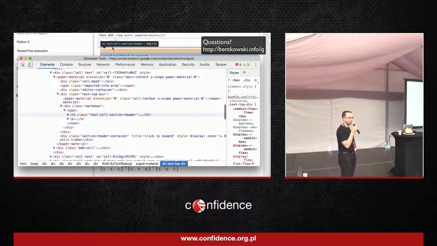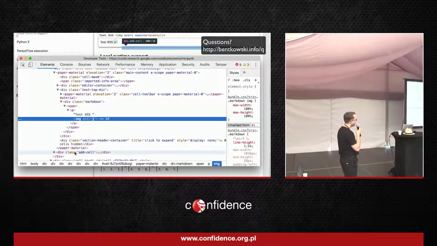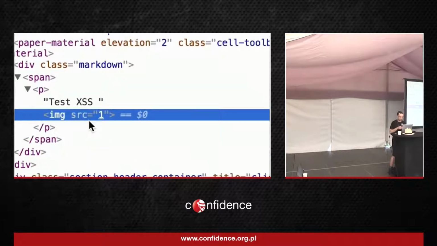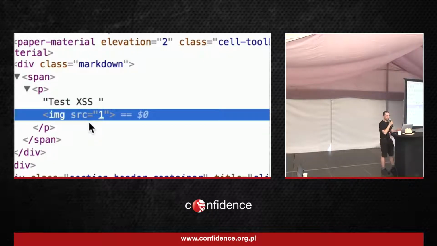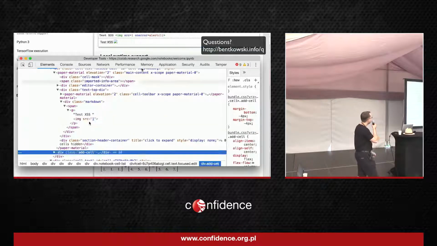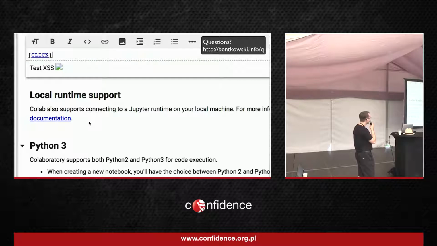So let's have a look at the DOM tree. And in the DOM tree, we can see that the image tag is there. I maybe try to zoom it a little bit. Okay, the image tag is over there. However, the onerror event handler is removed. I will go back to that later, what exactly removed the onerror event handler. So let's try something else.